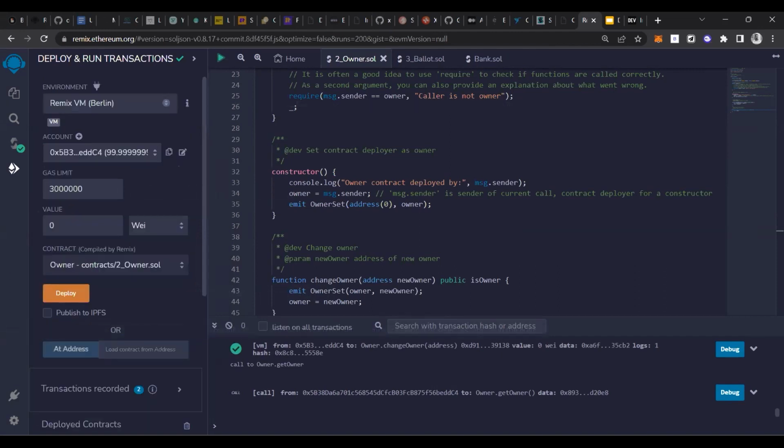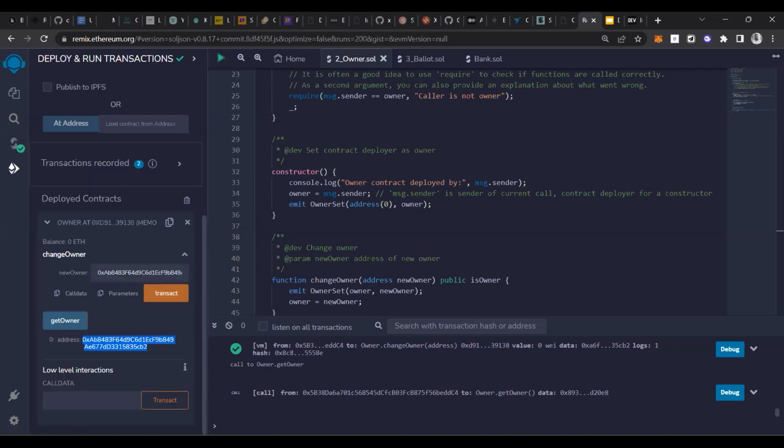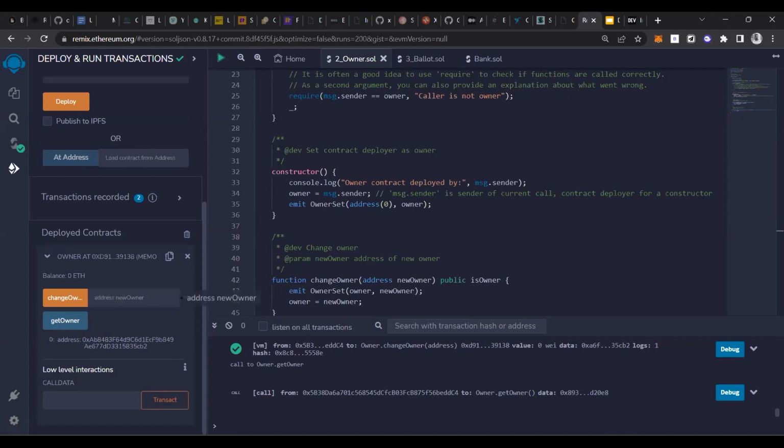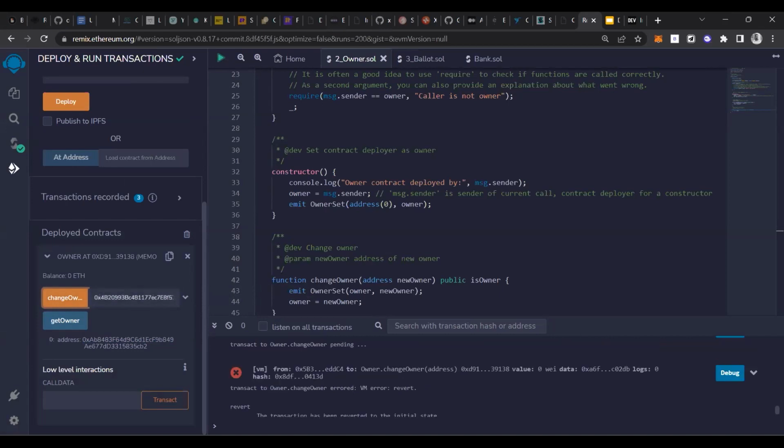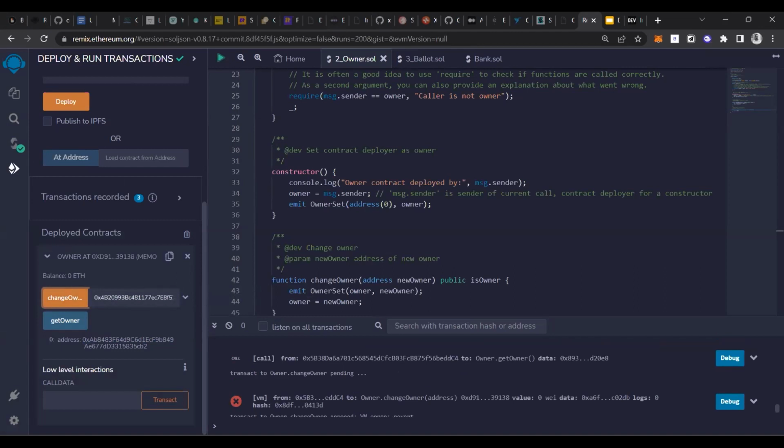If we still use this contract and try to change from another address, we can't change from the previous owner. The current owner is 0xab, and if we change from another address, it gives an error, meaning the isOwner check is not satisfied.